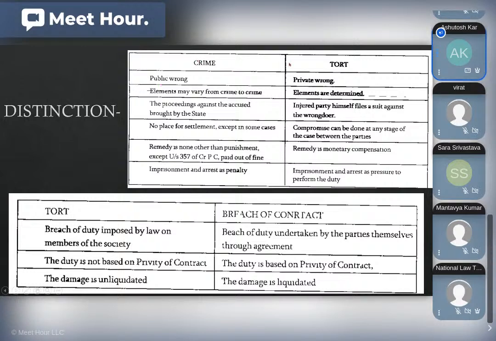Crimes में the elements may vary, जबकि torts में the elements are already determined. I've already told you the three main elements of a tort, right? So there is a civil wrong, there is a legal damage, and there is some kind of a legal remedy